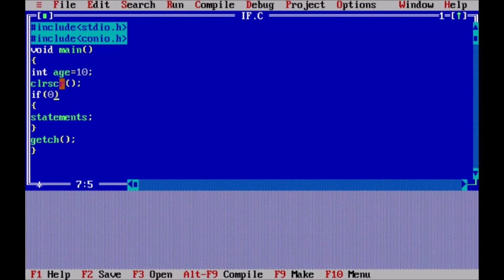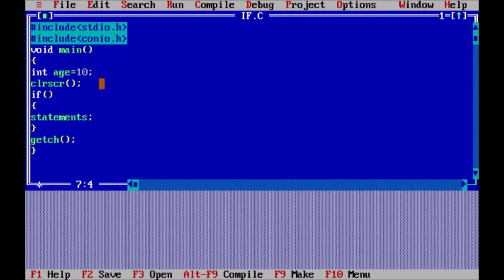If 0, that means if false, so the statements here will never get executed. And if I write a number other than 0, that is 1 or any other number, then these statements will get executed because the condition here will become true. Alright, so this was the basic concept.